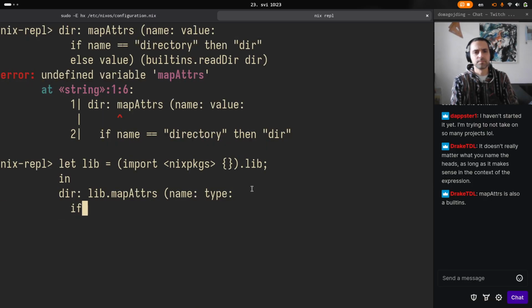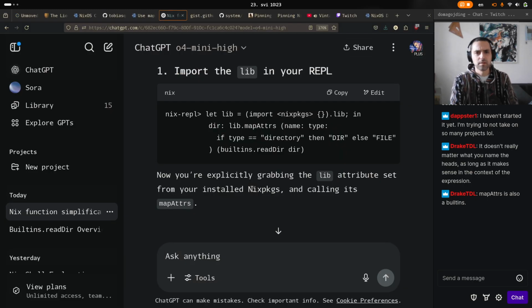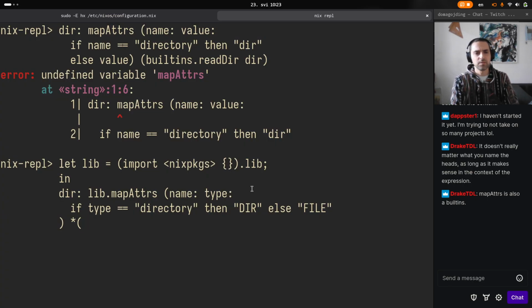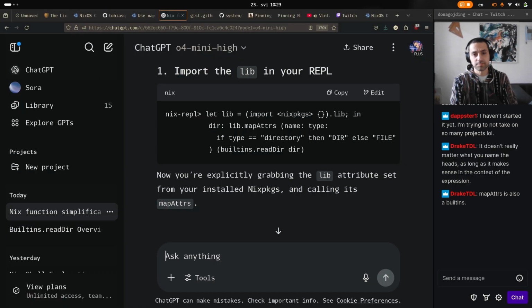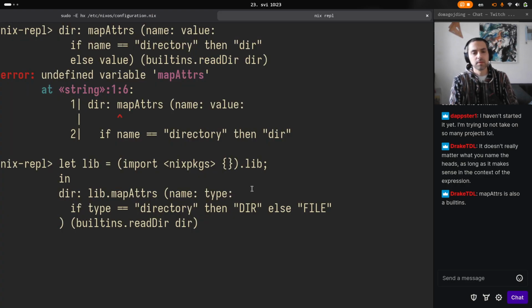Right. If type is directory, then just dir, else file. Right. And then we do builtins.readDir dir. But do I pass it now the